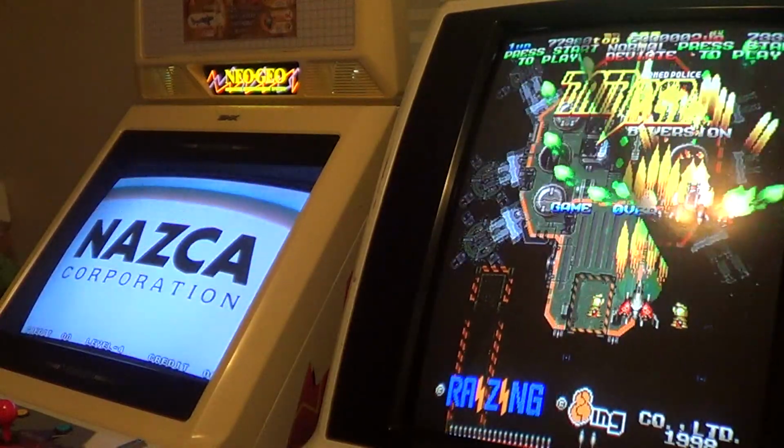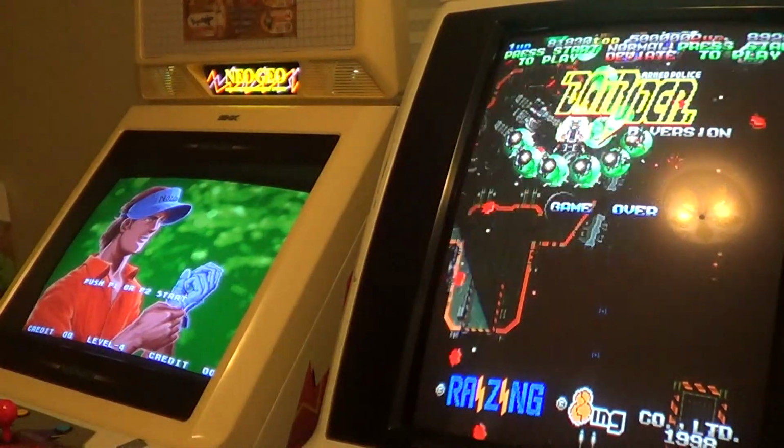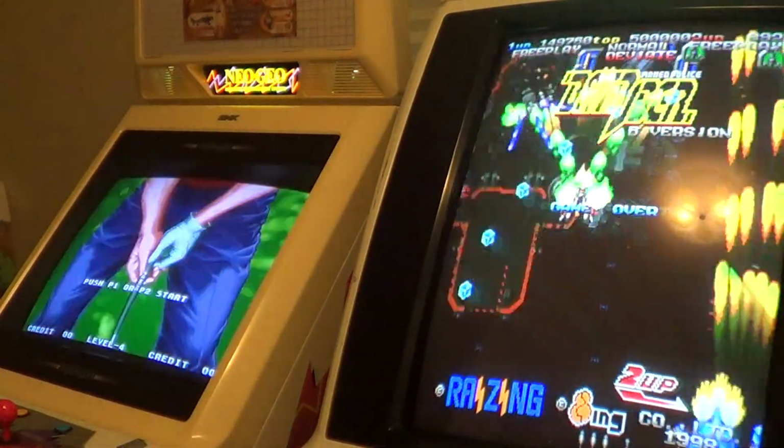And yeah, so if you guys want to play some candy cabs in Mass, that's a good spot to do it. It's right in the Natick Mall, right next to the Cheesecake Factory. Anyways,